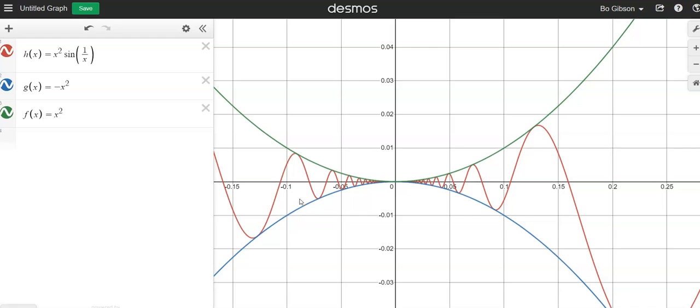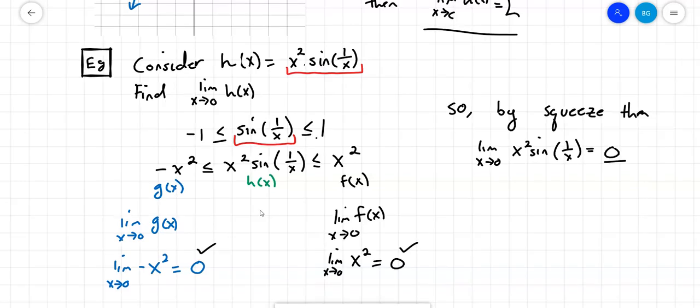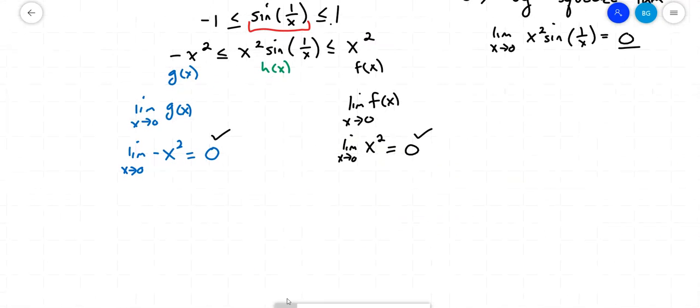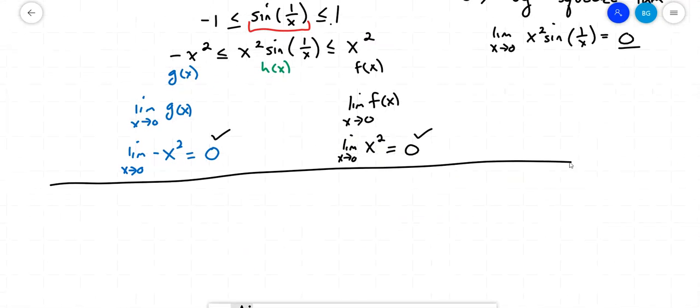And since these green and blue functions are closing in on 0 as we approach 0 on the x-axis, that oscillation has to get less and less and less, and of course it's forced to be 0 right there at the origin. So now let's go to a famous limit that actually utilizes the squeeze theorem, and that's going to be to find the limit